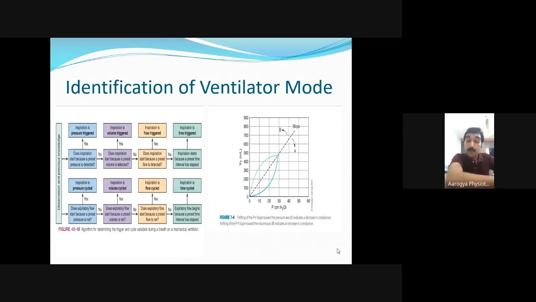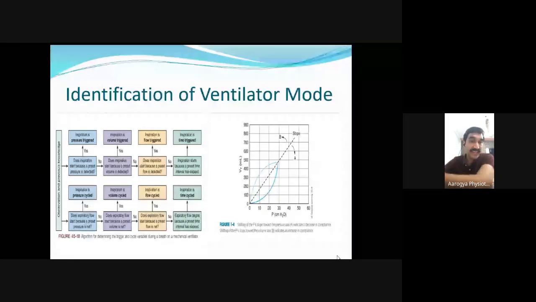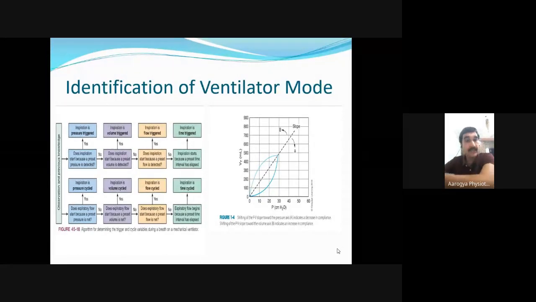If the ventilator is starting the inspiration, it is ventilator or machine triggered. If the patient is ending the inspiration, it is patient cycled. If the ventilator does it, it's machine cycled. In the same way, if you have set a time, say you have set 10 breaths per minute, every 6 seconds there will be a breath. If in the 6th second the patient doesn't initiate a breath, the ventilator will. So it will be time triggered, because as the time elapses, there will be a breath. In this way, you can see who is triggering and who is cycling.